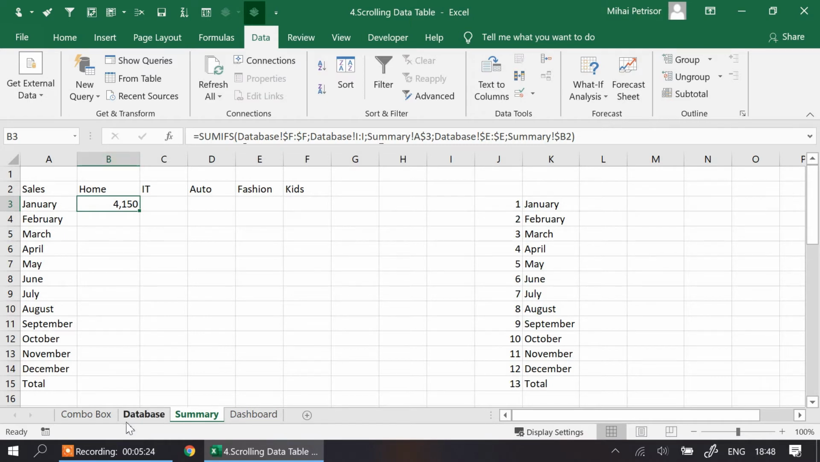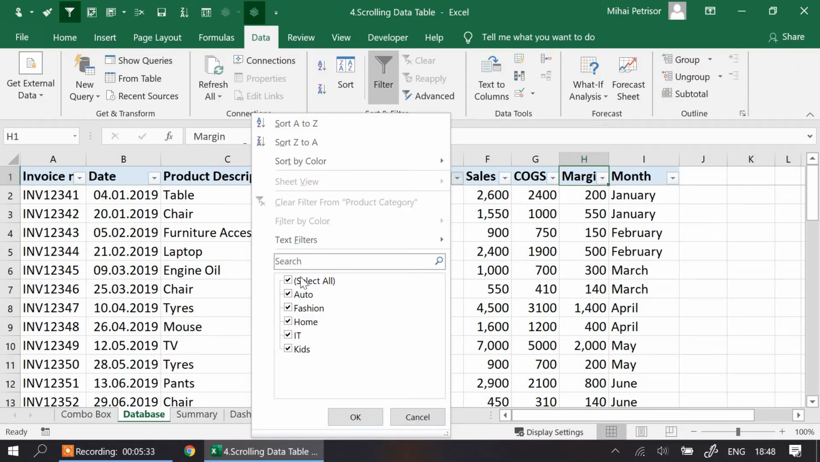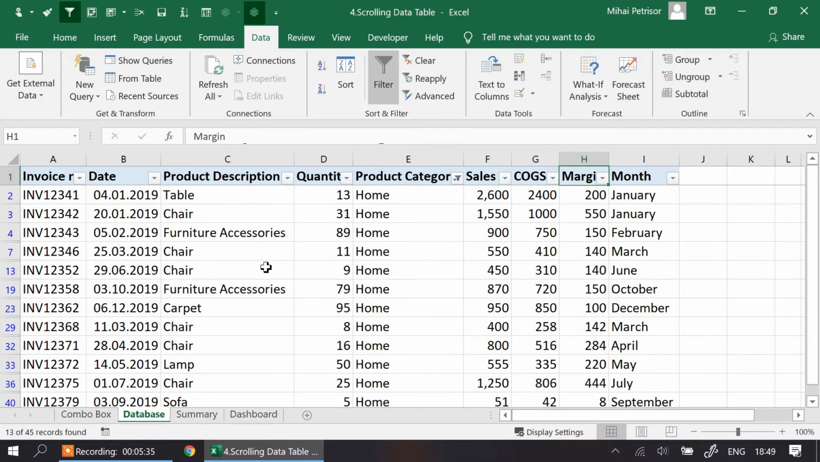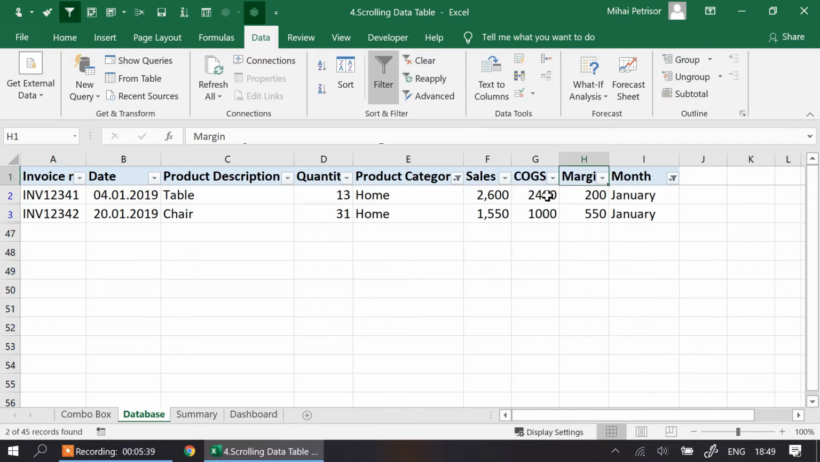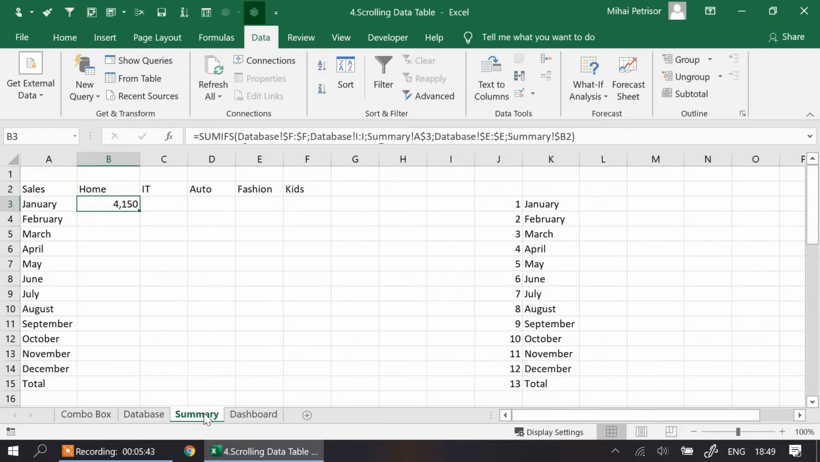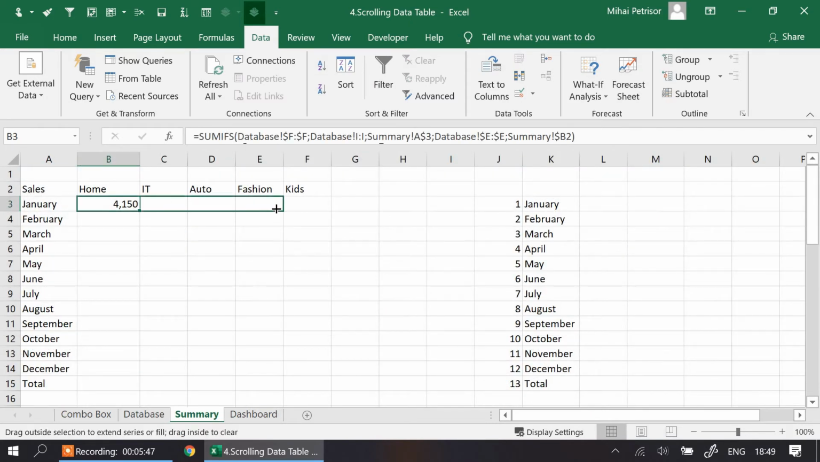Just double check, going to database, January for home. So we have home and January. There are 4150. That's it. It's correct. Good. Now, when I copy the formula,